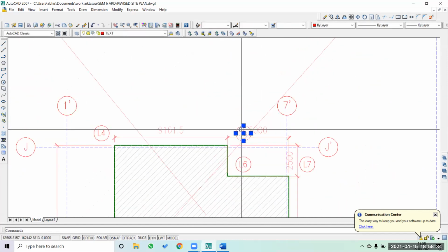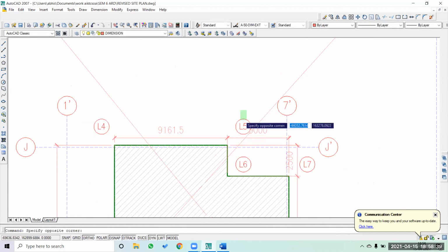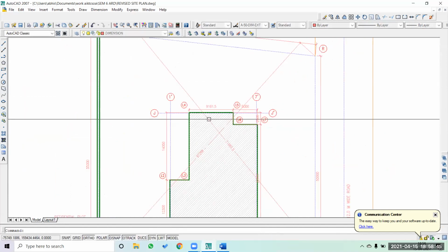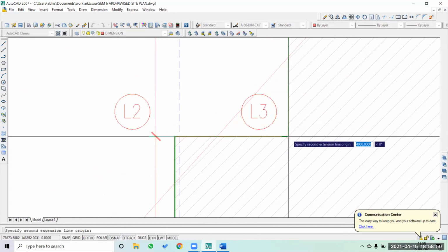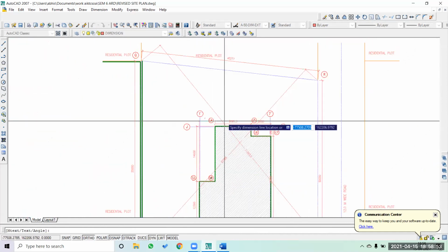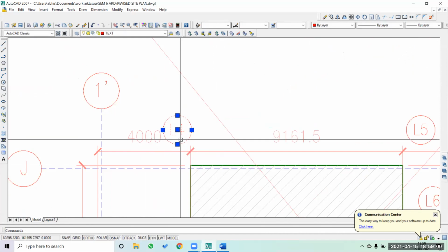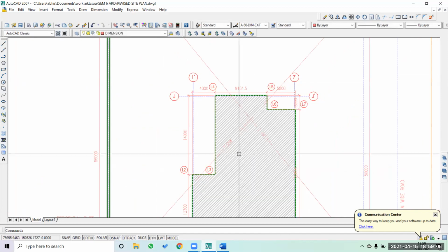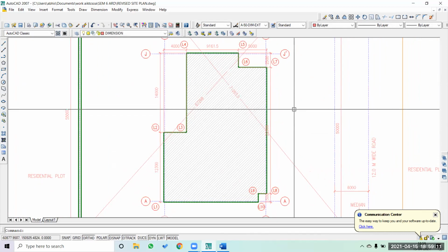If this alpha is coming in between, you can select alpha and dimension together and just move here and there, so that the dimensions remain readable. Now everything has to be readable. Nothing should confuse it. So that is how we have finished the dimensioning of all the setbacks.